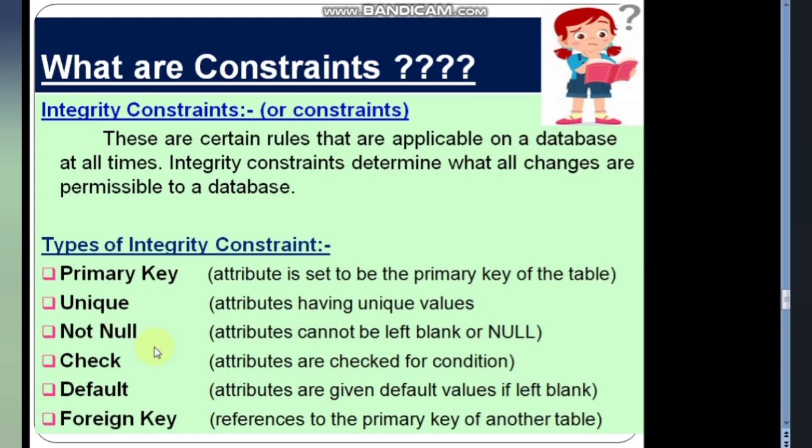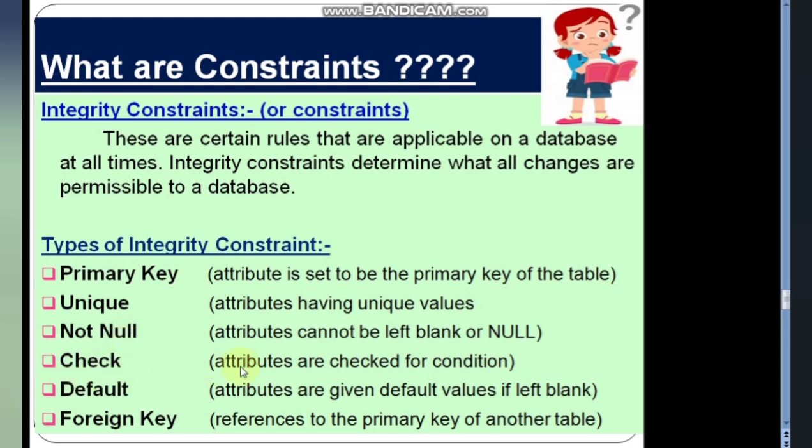Now moving on to not null constraint. Not null constraint is what? If you are giving this integrity constraint, not null, to any particular attribute or field, you cannot keep it blank. That means you have to mention something for that particular field value.